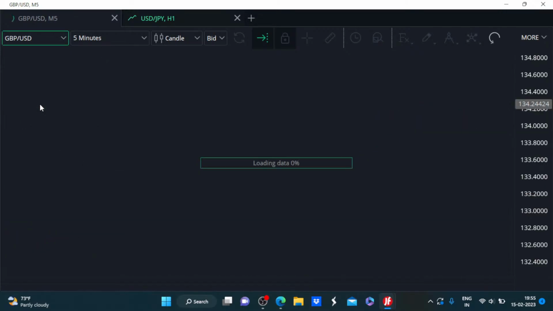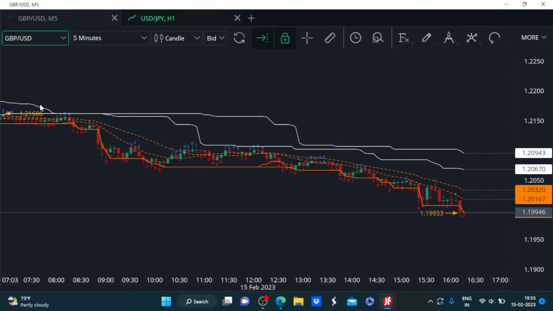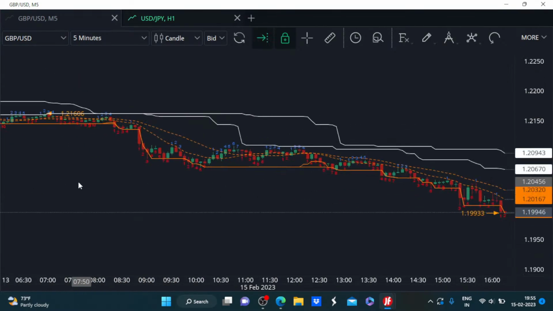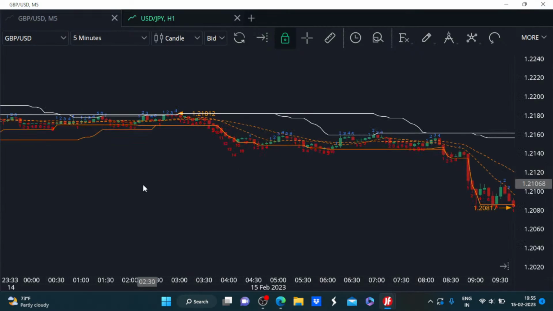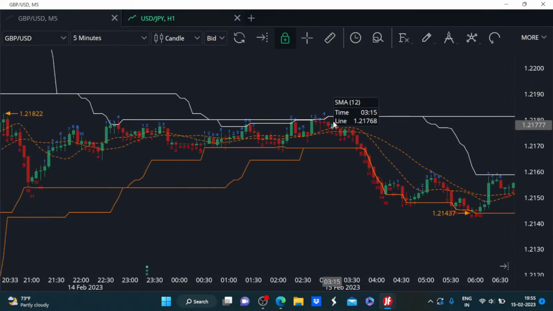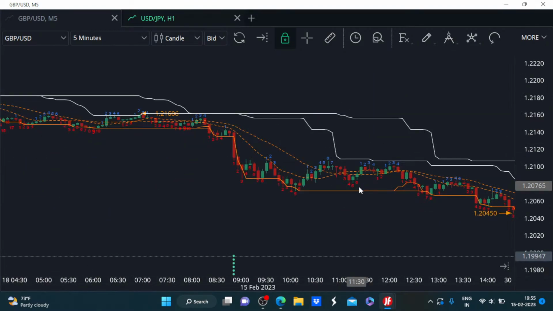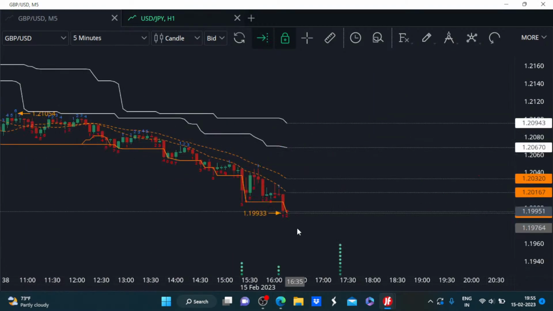Now let's compare other major currency crosses with GBPUSD, also showing substantial decline if we compare its day's high, which was around 1.218, to its current level. It is also more than 1 percentage point lower for the day, and at the moment it is continuing to slide. So here also we have the tilt on the bearish side.